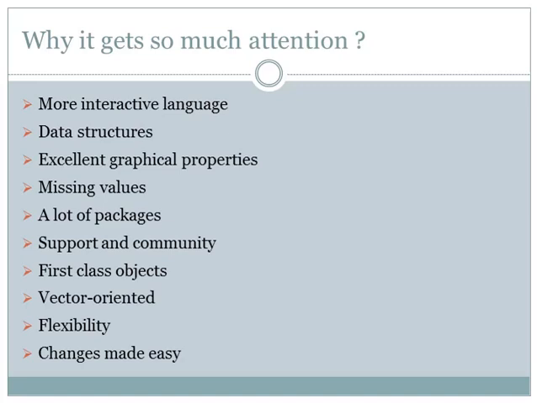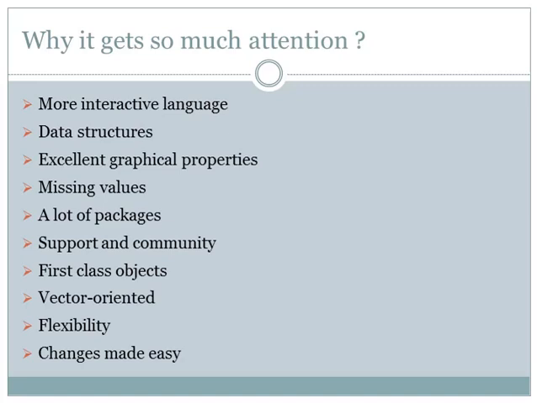Then data structures. It also offers you an excellent way to create data structures. You don't need to put all your data in a set of predefined structures, and you can create your own structure and put your data in a natural form. Then excellent graphic properties. Human brains are more attracted to pictures than numbers or text. R gives you a high quality graphical representation of data. Missing values. Real data always has missing values. R has several functions that will help you to deal with missing values. Missing values are an integral part of R.